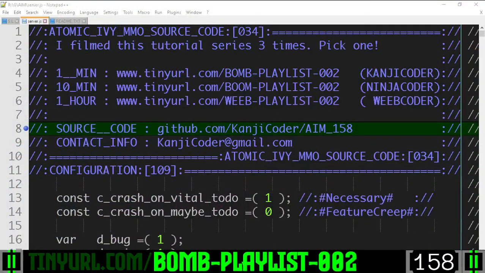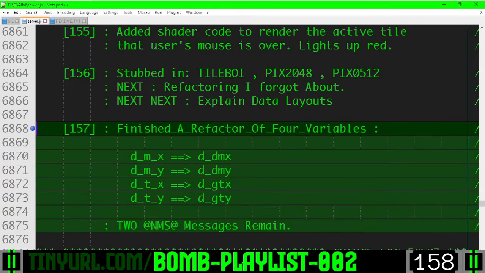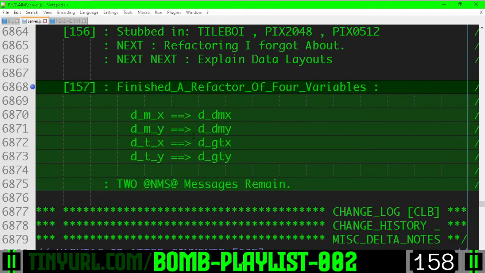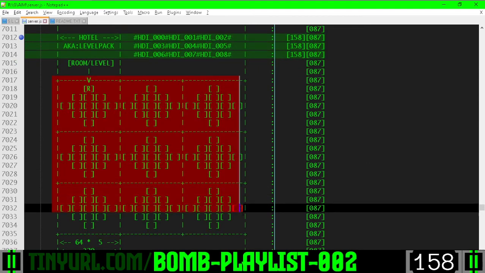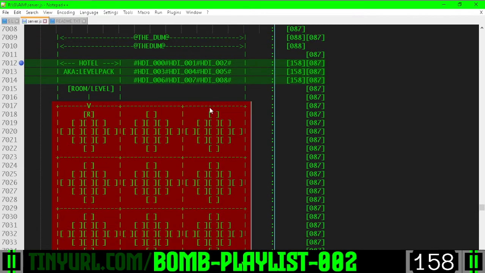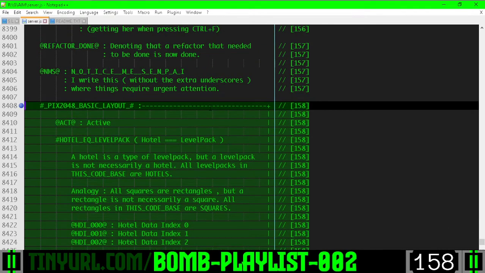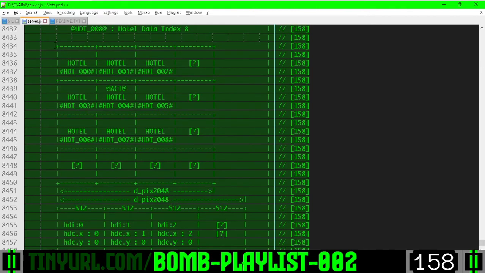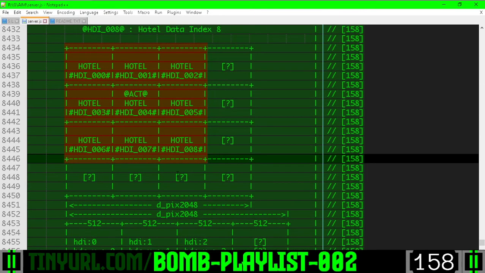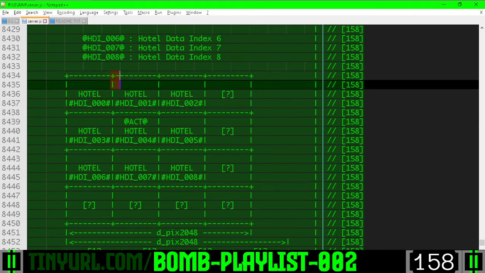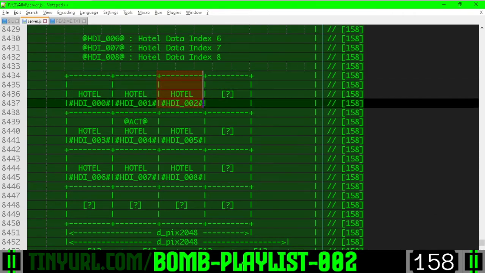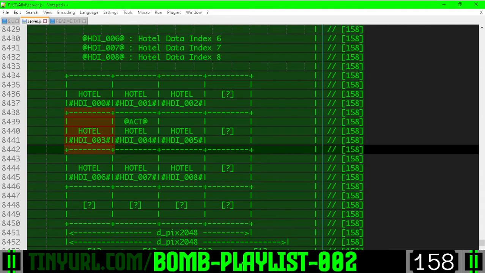PIX2048 is the corresponding data layout for our rendering layout, what we did previously. This is our rendering layout where we have a 3x3 grid of hotels. We need a 3x3 grid of data within PIX2048. These are each 512 by 512 chunks of data that will be storing all of the tile map data for